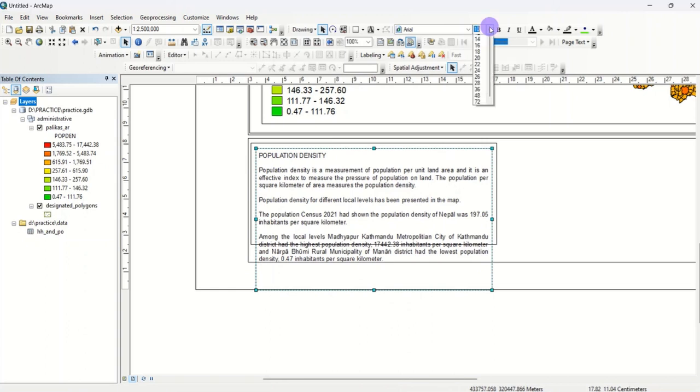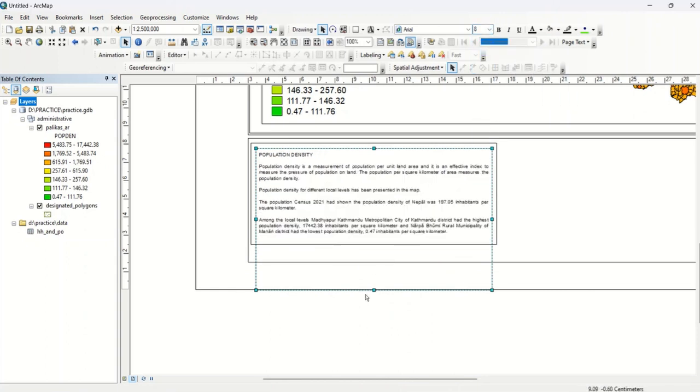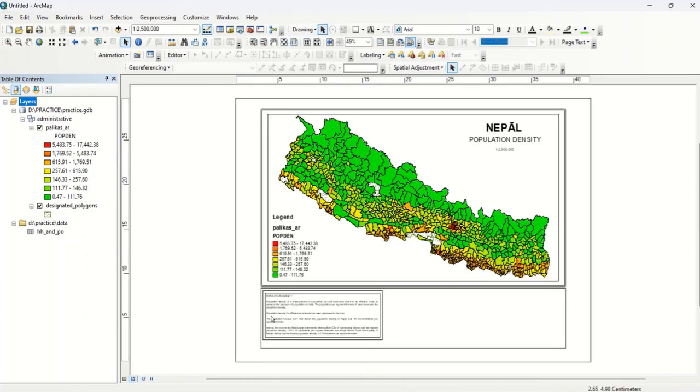So, and we can decrease the size of this text to, let's try 9. It doesn't fit. Let's take 8. So now it fits. So this way we put some information about the theme under consideration. After that, it is reasonable to put some sort of detailed table of the information that we are